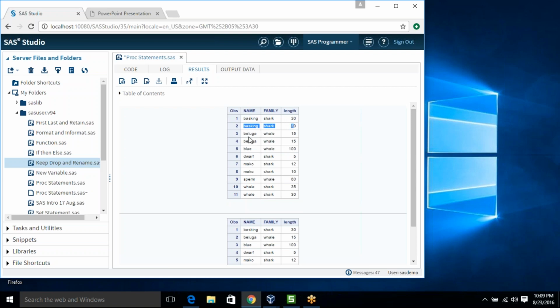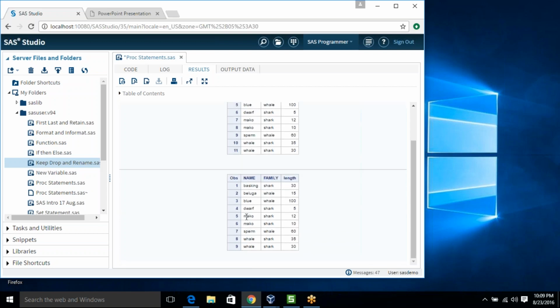The third and fourth are again the same in all values, so it will remove the fourth one. Here the seventh and eighth, you will see the name is common, but the length is not common. First one is 12, second one is 10. So it will keep both rows.